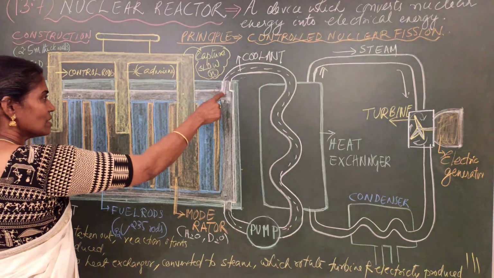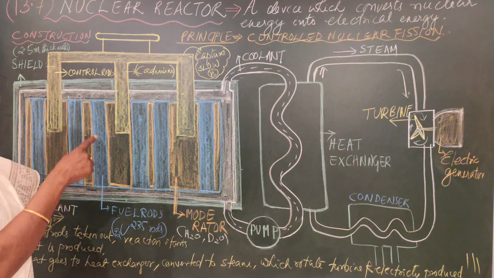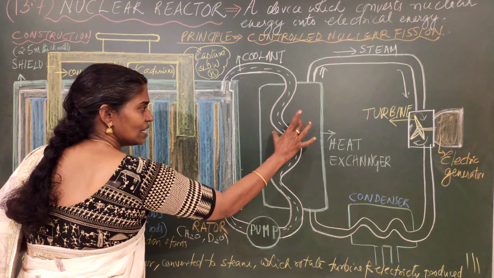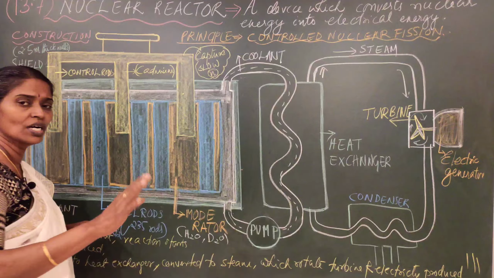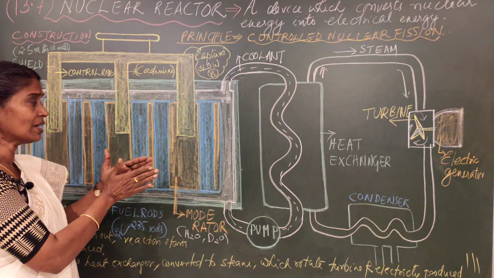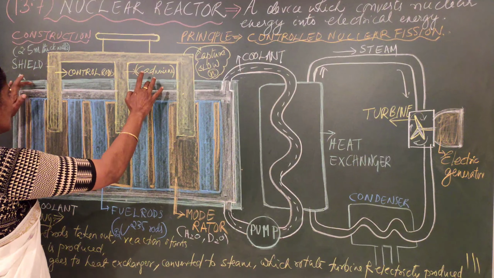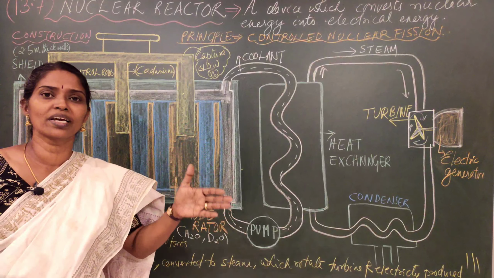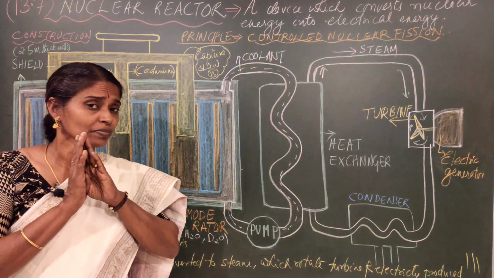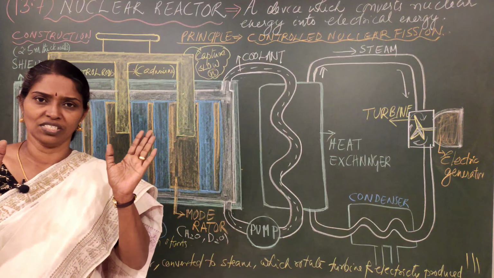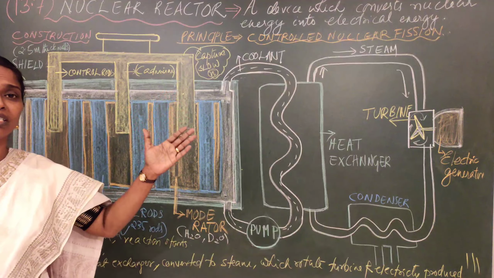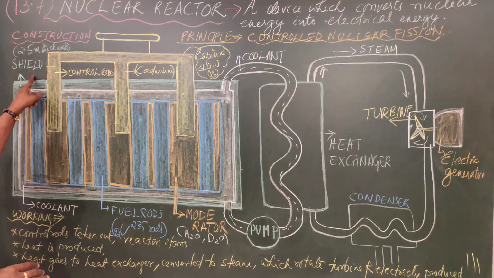To cool it down, you are circulating coolant over this. That coolant is coming through this, and this is the heat exchanger. So the remaining portion is just to convert the heat to steam. So this is all with the nuclear reactor part, and the whole thing is shielded by nearly 2.5 meter thick concrete walls, so that it can eliminate all the external radiations coming out. So no radiation from inside can go out because of such a thick wall. That is known as the shield.